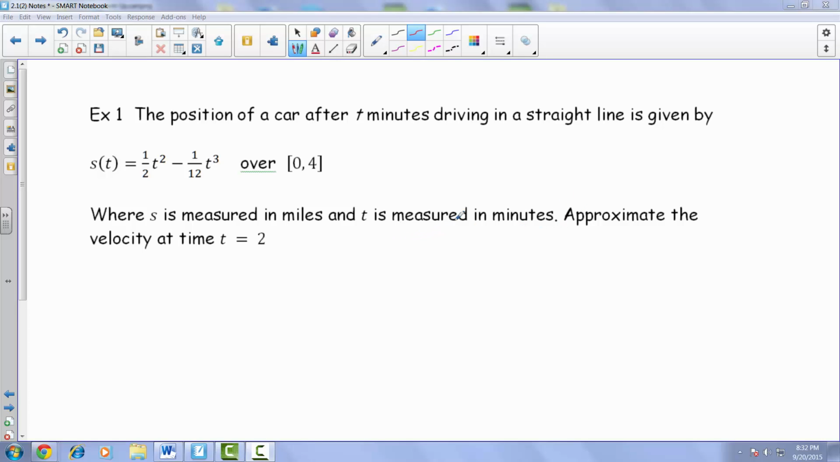Now the goal is to approximate the velocity at time t equals 2 minutes. Well, we know that we have this interval between 0 and 4, and our goal is to find out what's happening to that average velocity at time t equals 2. So from that information, what we can do is find a few secant lines to help us out in determining that average velocity. So we're going to find the average velocity